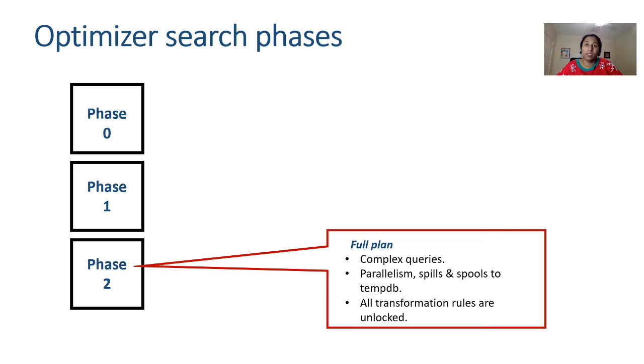But instead, it will prune off all the transformation rules that are not needed. For example, if we are not using the nvarchar max data type in our query, the optimizer will first prune off all the rules related to the nvarchar max data type, so that it can analyze some of the transformation rules to get that good enough plan for that particular query. That's how the optimizer grabs the good enough plans from these 3 phases.